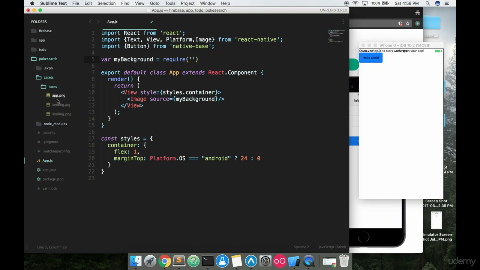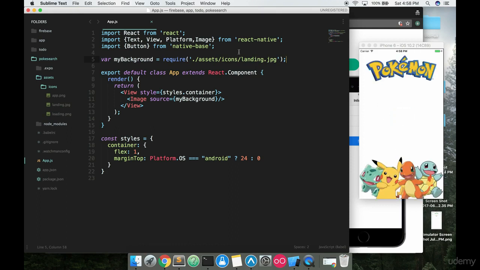So we know that the picture is located inside the icons, inside the assets of our project. So all we have to do is specify the route to that. So we'll say ./assets/icons/landing.jpg. And you'll notice as soon as I refresh this,